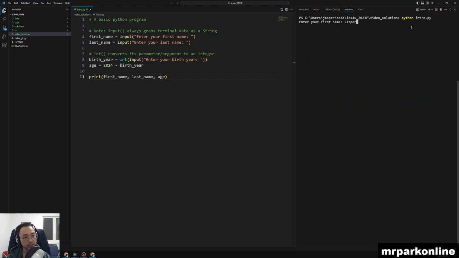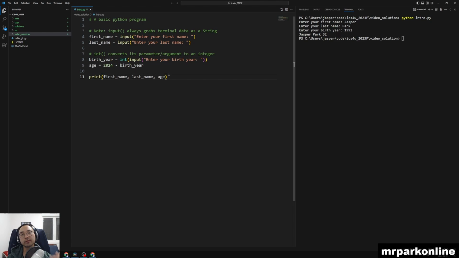My first name is Jasper Park, and my birth year is going to be 1992, and it outputs the message of Jasper Park 32. Now that's not pretty. That's just having our variable values being printed one by one. We want to format that. So let's turn this off again and create a message variable, and we're going to be creating an f in front of a string. This is called an f-string, a formatted